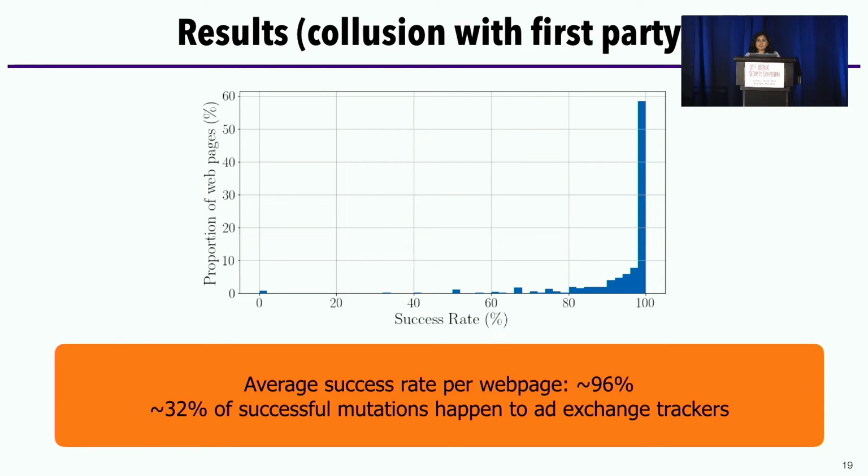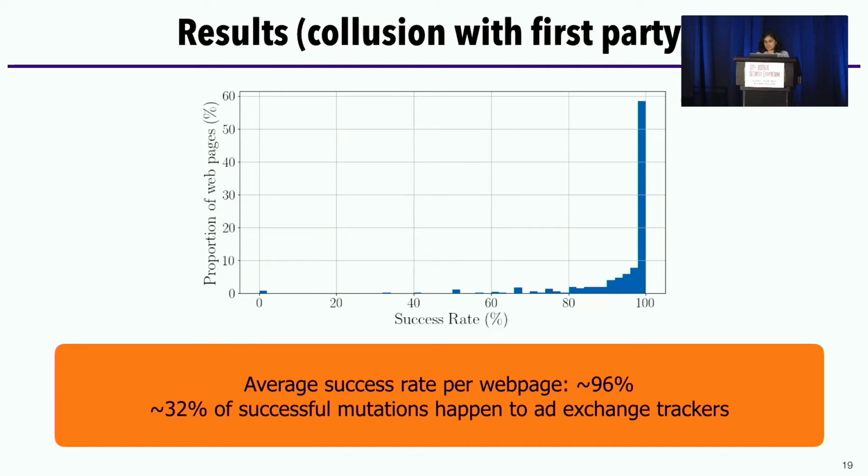And we see that the average success rate is very high, especially in the collusion model. We get it around 96%, and about a third of these mutations happen to URLs belonging to ad exchange trackers,